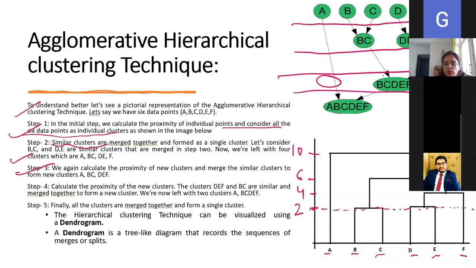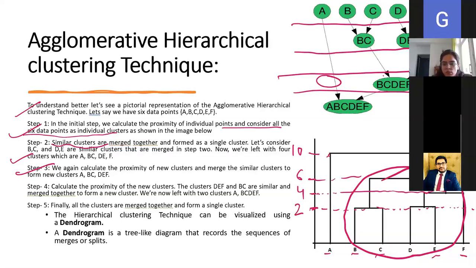Next step पे कौन join कर रहा है? सबसे पहले D, E, F. Yes, at joining distance of 4. And after that, B, C, D, E, F at joining distance of 6. 6 पे ये देखो ये पूरा cluster join हो गया, right? और थोड़ा और दूर जाएंगे then it is at joining distance of 10.